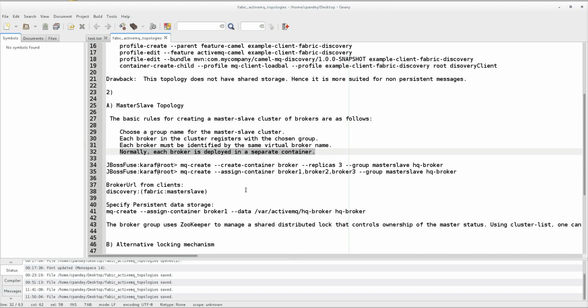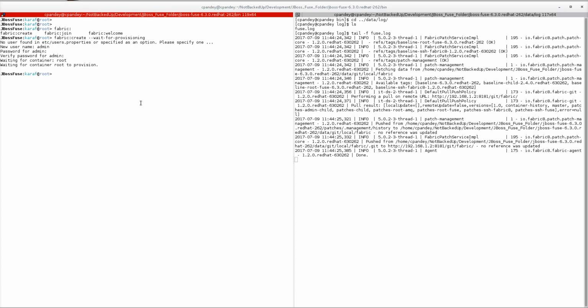So guys, let's say we have this command. Let's run this. I have a fabric already created. This is the command: mq create container broker, replicas 2, and group master slave.